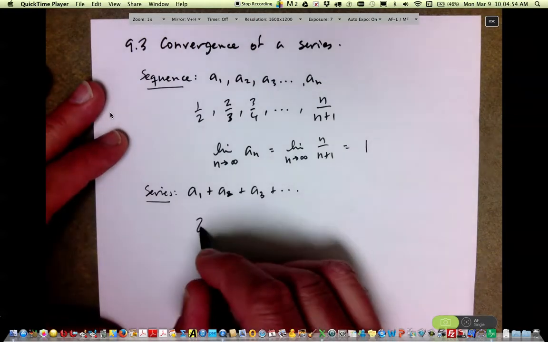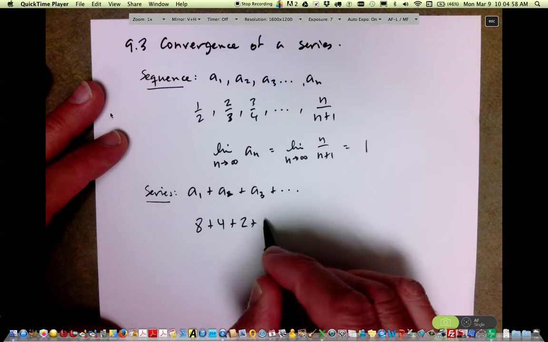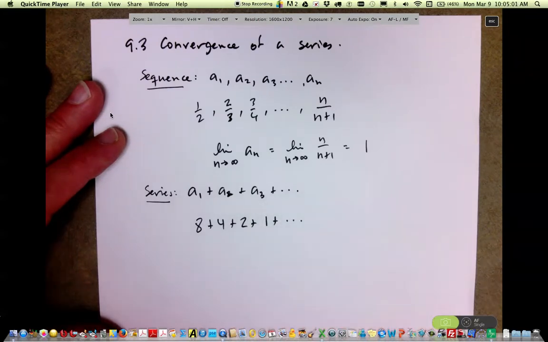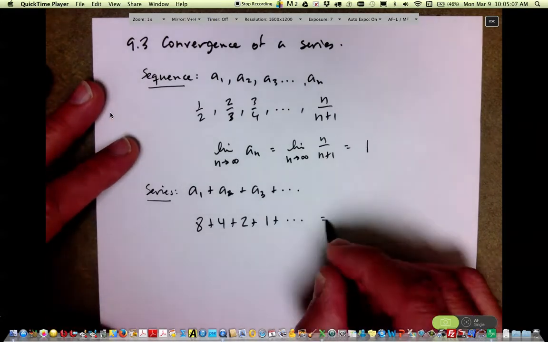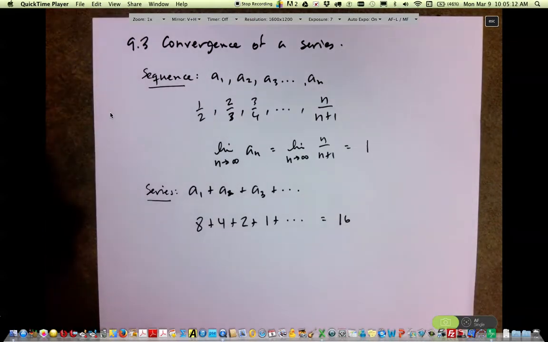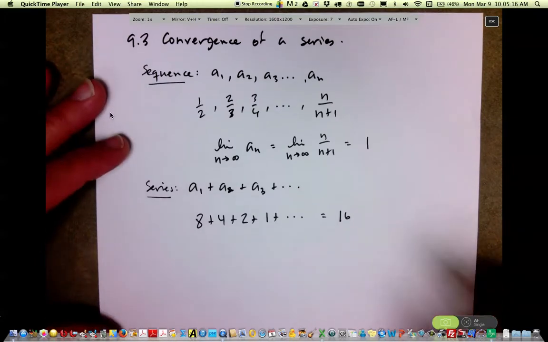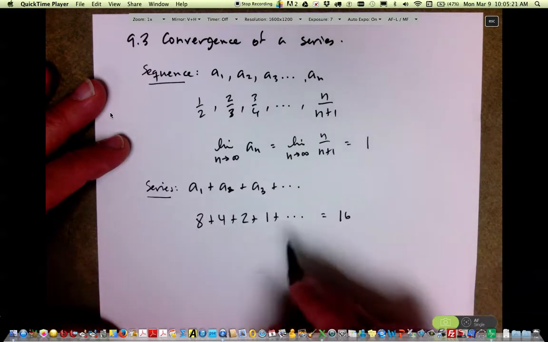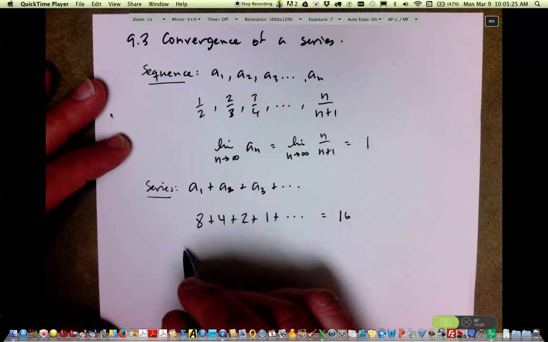But we saw in class that if we take a series that looks like 8 plus 4 plus 2 plus 1 plus and so on, and we add up an infinite number of these things, this thing is actually going to converge to a particular number. I think we demonstrated that in class by having the student walk towards the door. So this is an example of a series that converges. And then we said that any kind of a series that is in this kind of a pattern is going to converge. We said that if a series was geometric,